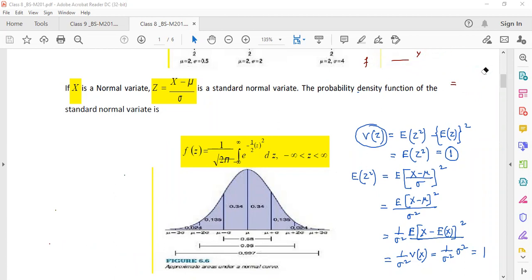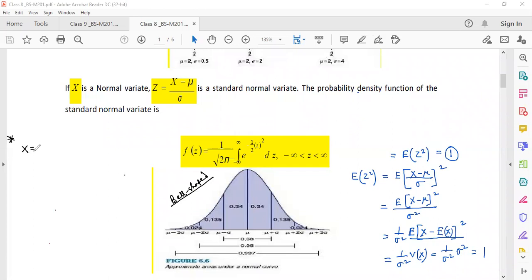Okay. Now, what can we say about the normal variable or standard normal variable? We have many characteristics of this curve. This curve is a symmetric curve, as you can see. The horizontal axis is the asymptote to the curve. The curve is a bell-shaped curve. And another interesting point is that